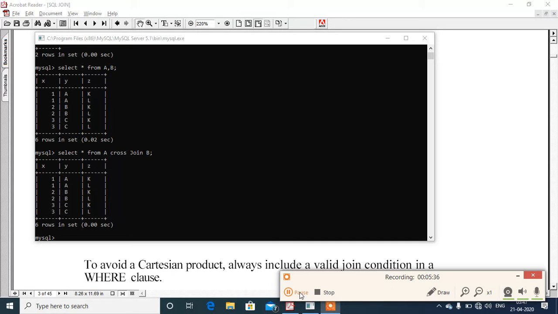So, by the above example, it is clear that the Cartesian product is the association of every row of table A, that means the first table, with every row of table 2, that is table B. So in this case, the degree, meaning the number of columns, is the additive value of the degrees of table A and table B, and the cardinality is the cardinality of table A multiplied by the cardinality of table B. Now we are going to talk about the join operation.